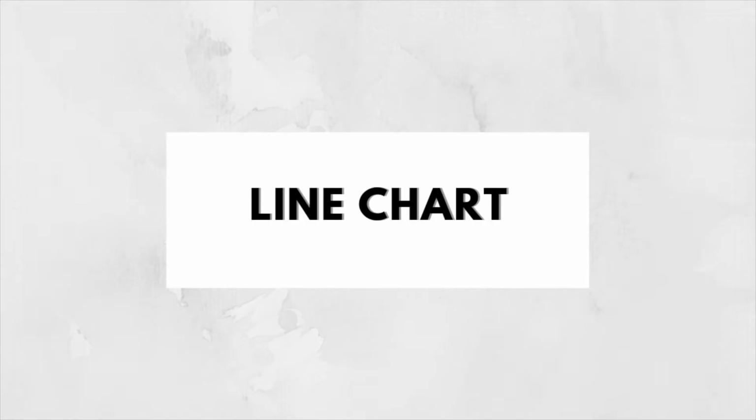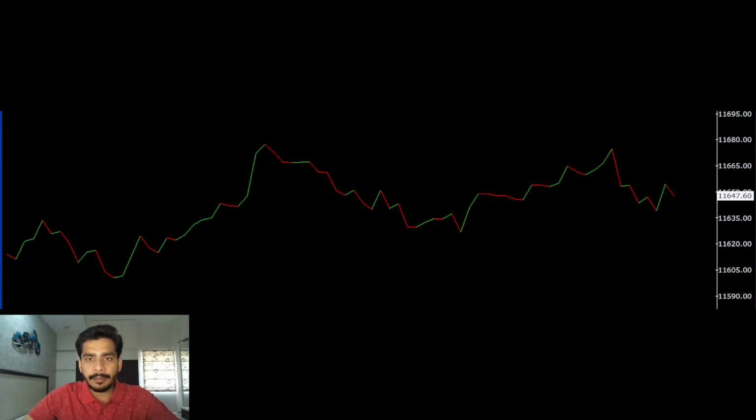The first type of chart that we are going to be talking about is a line chart. Let's take an example here. If you consider a time frame, for example daily time frame, the closing price of that day will be plotted on a graph. This goes on for the future closing prices as well. All these prices and points on the graph are joined to form a line chart.